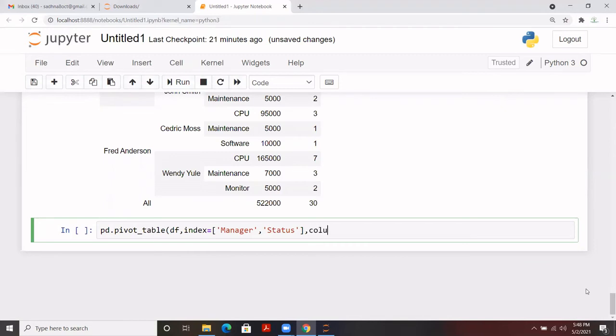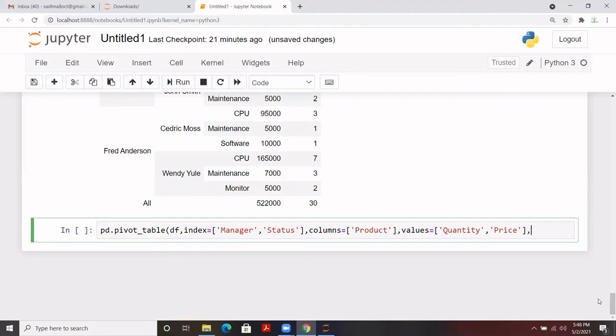And then we have columns. In columns I want to add product, and here it is. And what I want to check in terms of values for numeric columns, that is quantity and price, let's say. So I'll be adding quantity and then the price column, right? And what I needed as the output is the length of the quantity, and I needed the average of price and the sum of price. Let's say two values I needed.